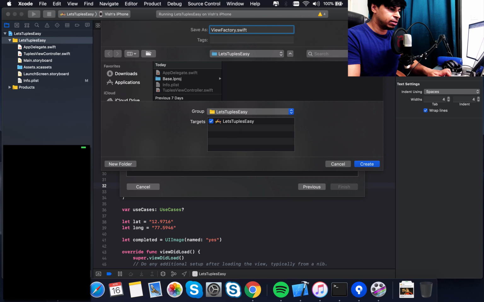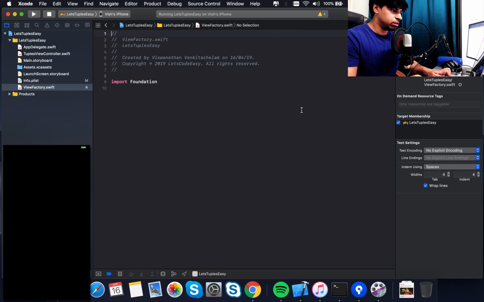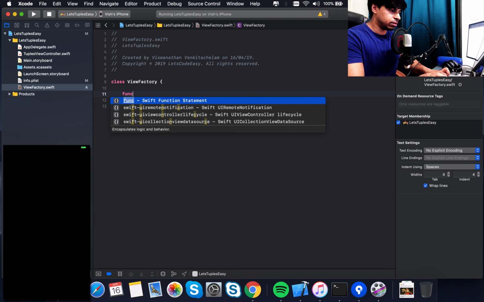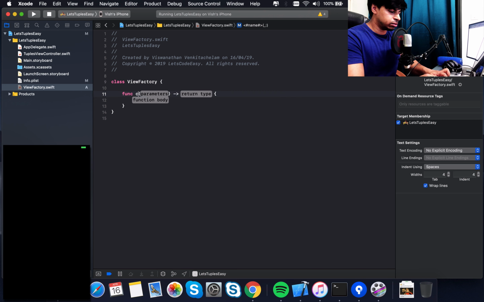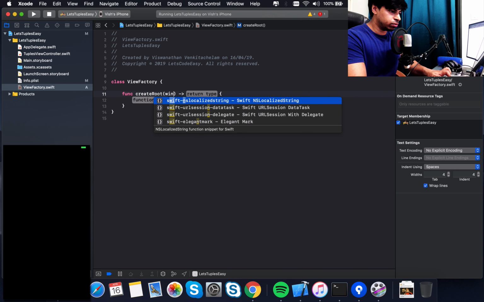View factory. Let's create a function there. Let's call it create root, which is actually creating my root view model, which in this case anyway is the top tuples view controller. So it should accept a window,